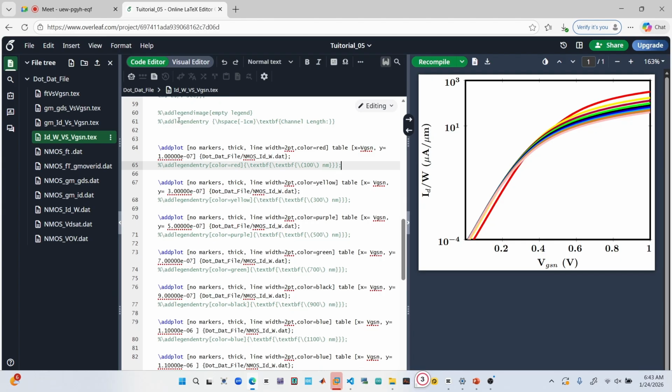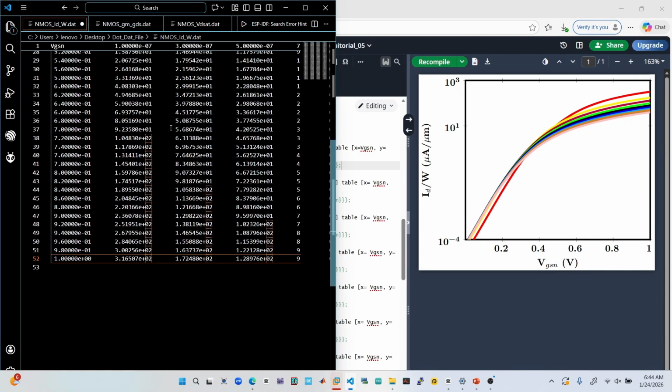After that, the main task is in this line. We are using here the add plot function. First of all, we specify no markers, thick line, line width we considered 2 pt, color we are using here red. From the table, our x-axis is actually VGS of n, and the y-axis will be our minimum channel length. So how do we ensure our minimum channel length? You need to go